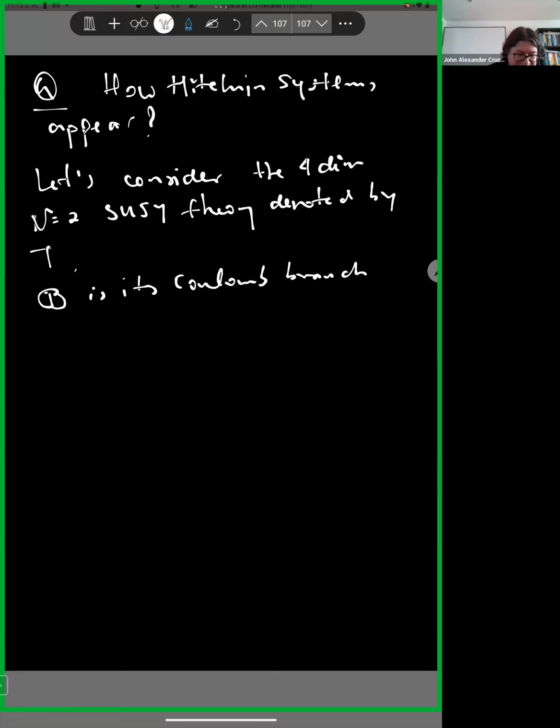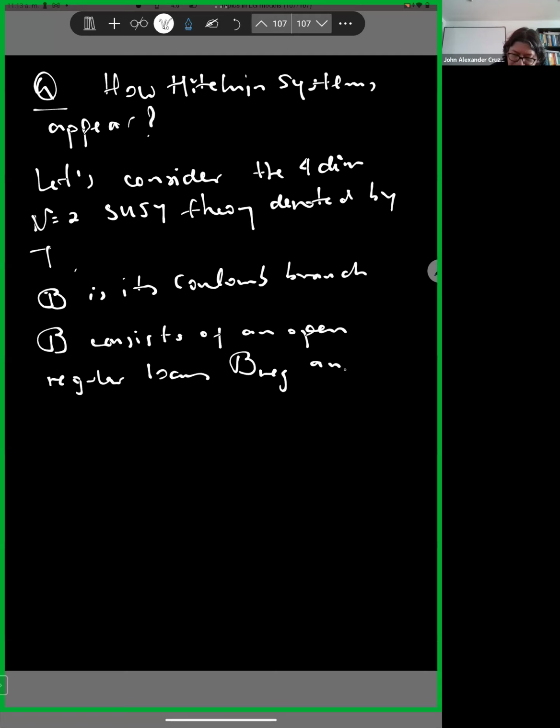So this is the column branch of the four-dimensional theory, and what we see is that the B consists of an open regular locus B and a discriminant locus, the singular locus. So we would just need to consider